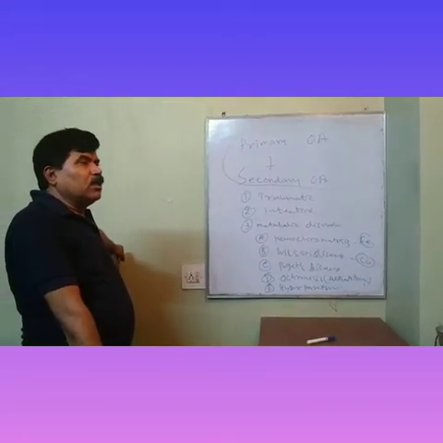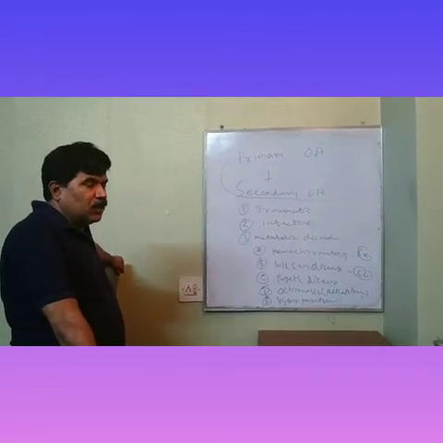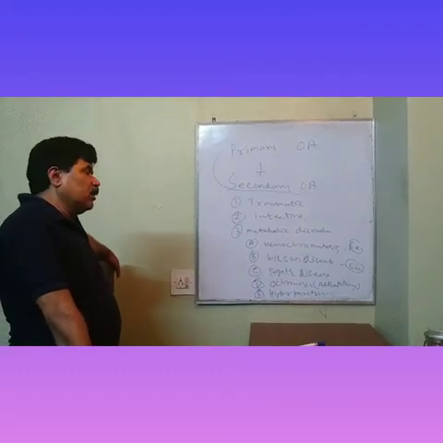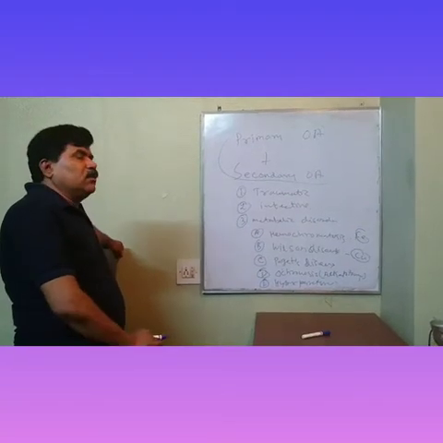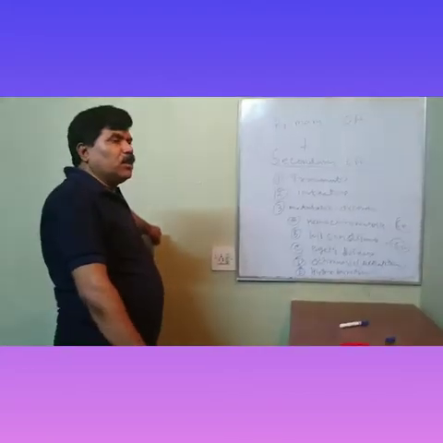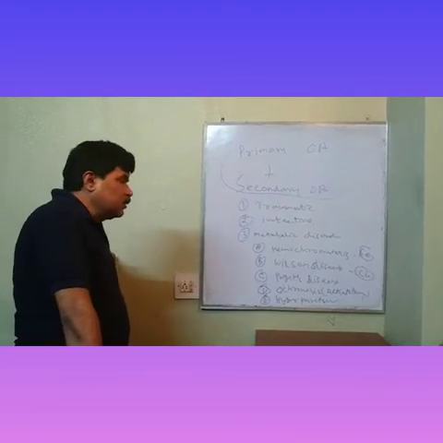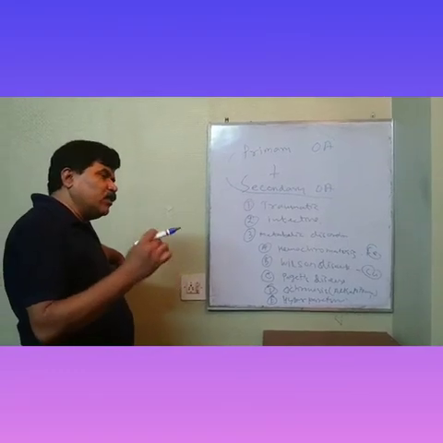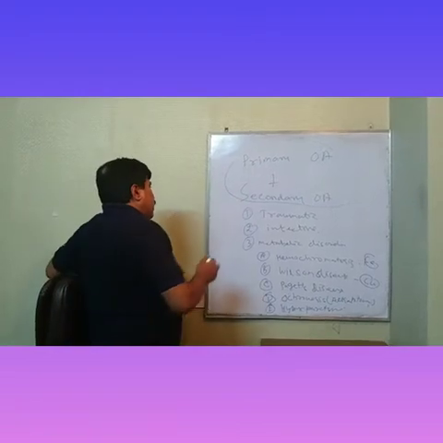Osteoarthritis is normally of two types. One is primary osteoarthritis and one is secondary osteoarthritis. Without any other cause or problem that leads to damage to the cartilage, if it is only due to the aging process, it is called primary osteoarthritis. If other changes lead to change in the cartilage, it is called secondary osteoarthritis.